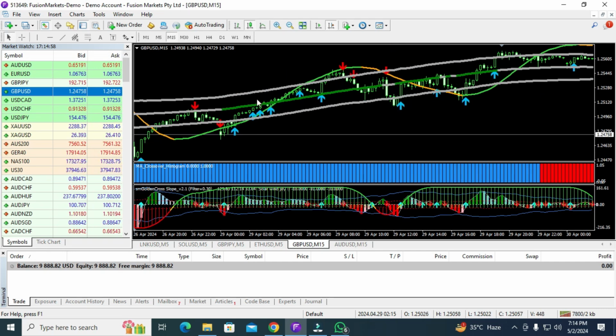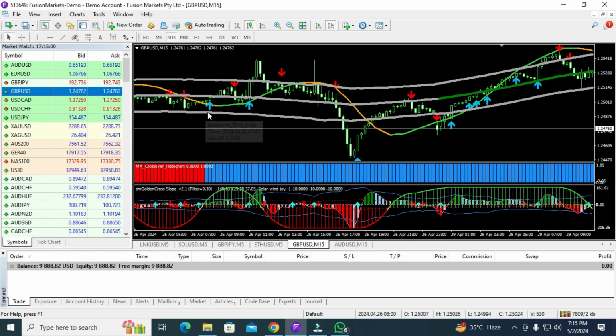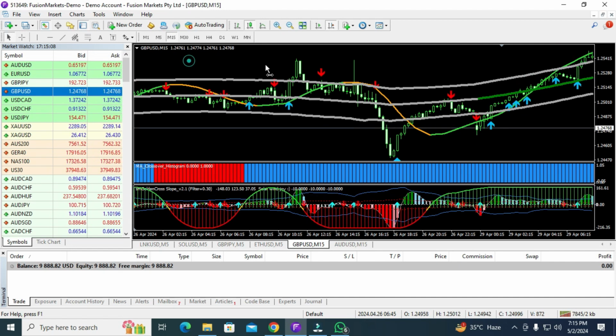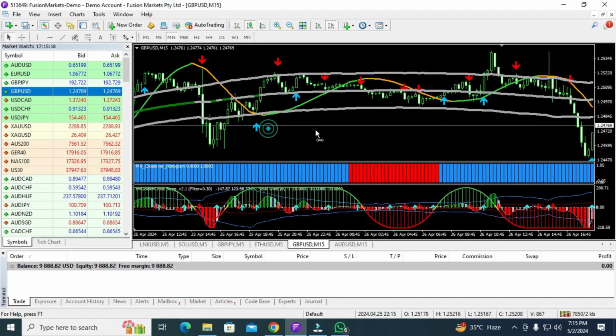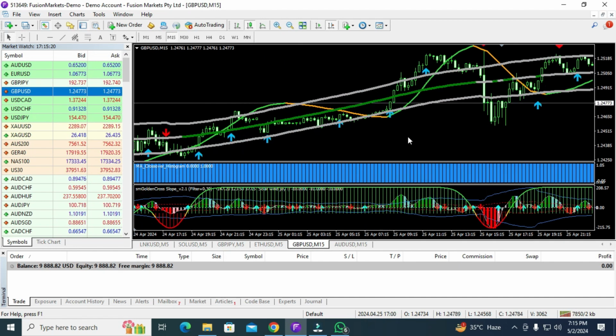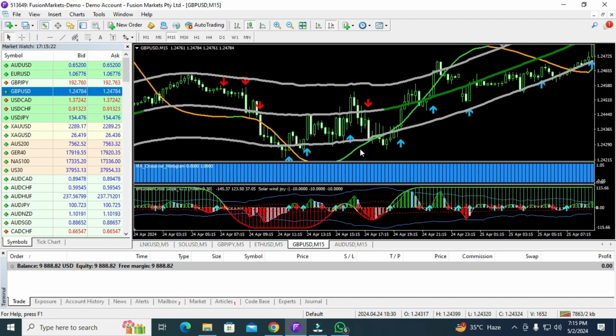Let's see some other results. This buy trade is profitable, this buy trade is profitable, and this buy trade gives you some awesome profit, and these buy trades are giving you awesome profit. All the time you are getting some profit. Like here you got sell signal, sell signal, sell signal, and you can book your profit here. A very small profit is actually not a big profit. And these buy signals are giving you some awesome profit, like this one.